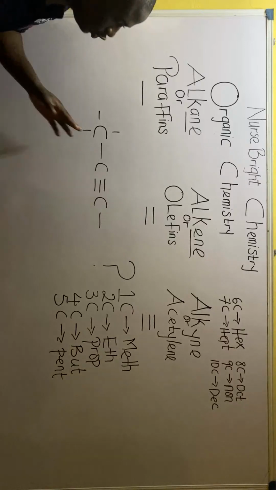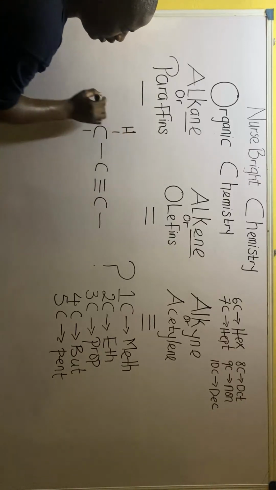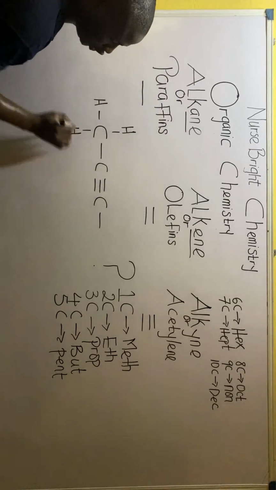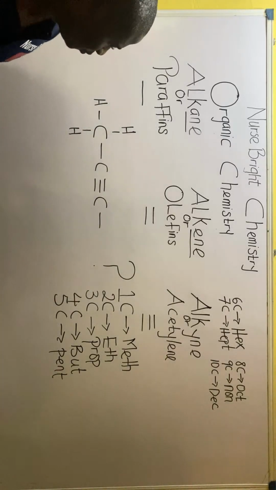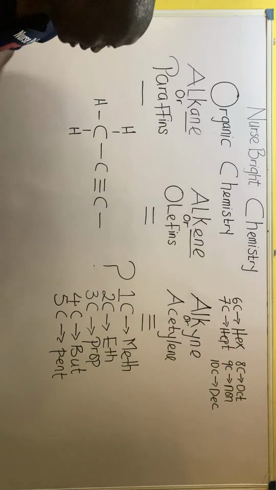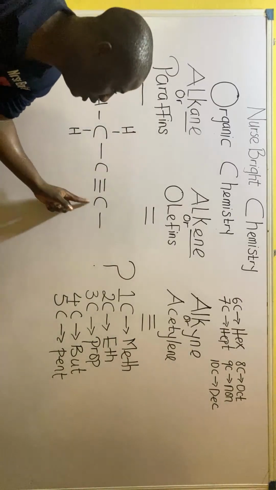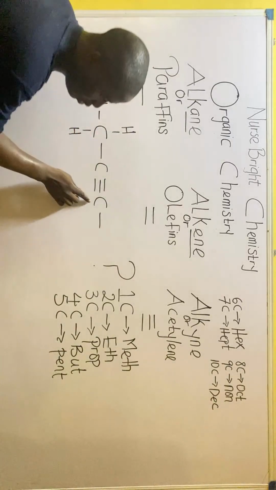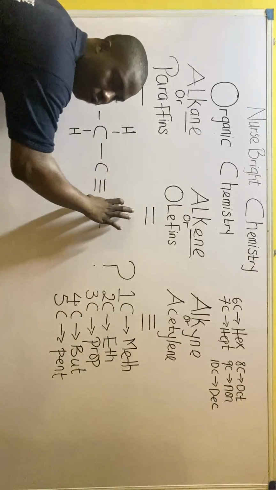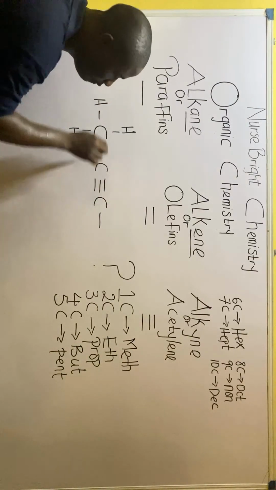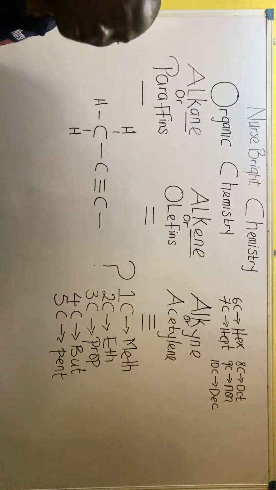Alright, now looking at this structure, let me put my H around H, H, and H. Are you following me? What should I do next? Am I to put any bond up, down? No, because this carbon is already 4 bonds. Look at it now. 1, 2, 3, 4. 4 bonds correct. Look at this one. 1, 2, 3, 4 correct, and this one is correct too. So then,